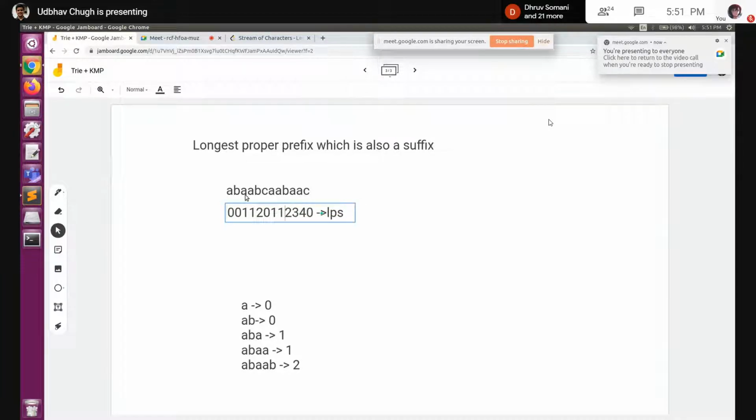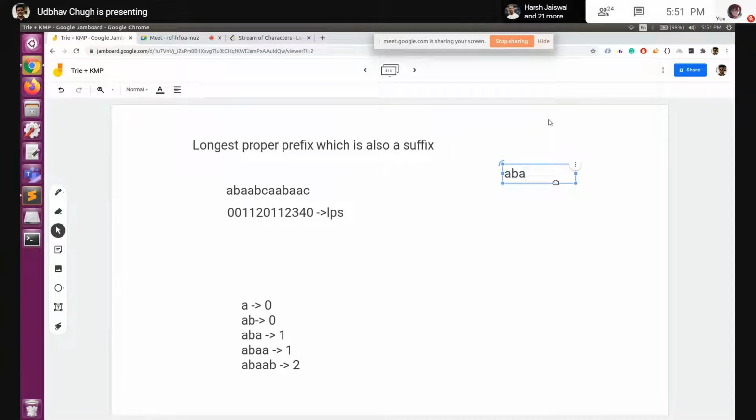So we'll be given 2 strings, right? I'll just take another example. This is my n string, and the query string which is given is this.